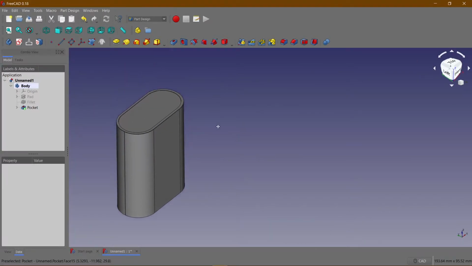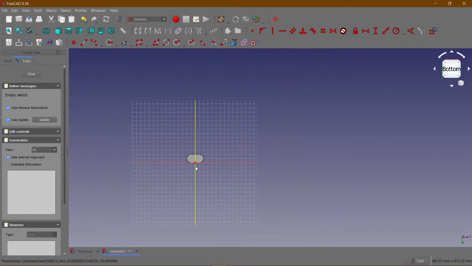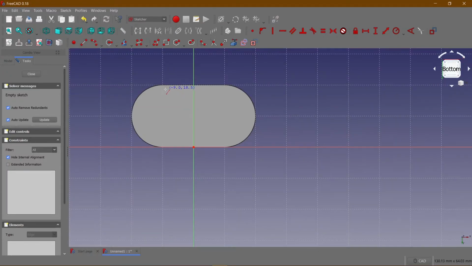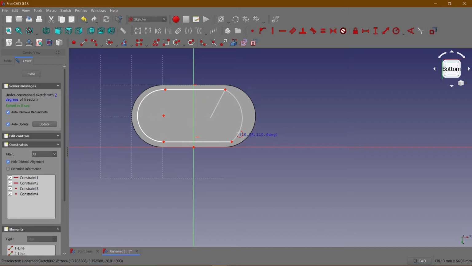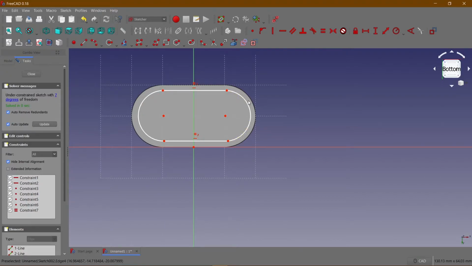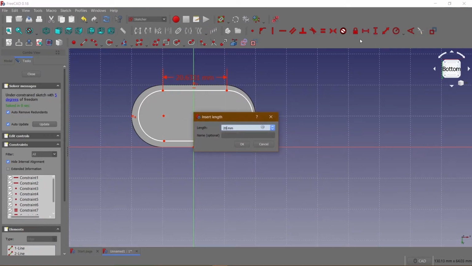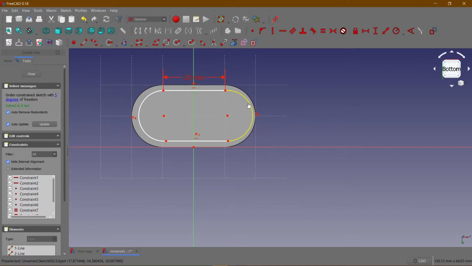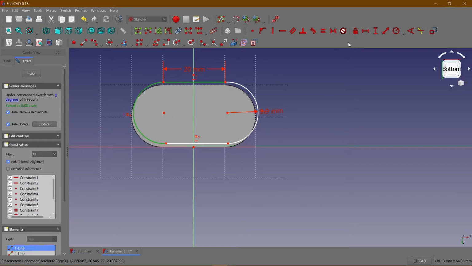So then I'm going to do the same for the other side of this model. I'll just click on this face and I'm just going to replicate what I did the other time. So select the two lines, then the arcs, and I'm going to give it an equality constraint for the arcs also. So yes, 20, that's the dimension, 20 millimeters. Here is 9.9 radius. So I'm going to give it a tangency constraint